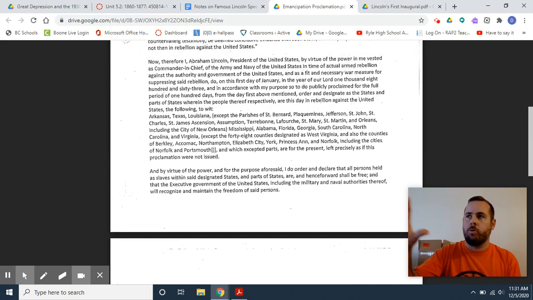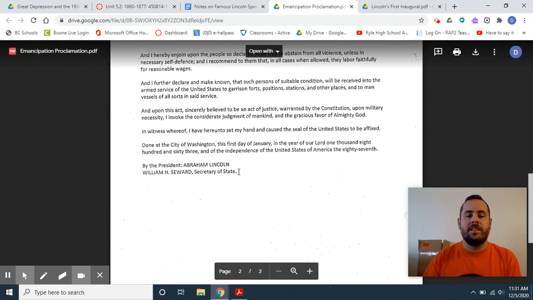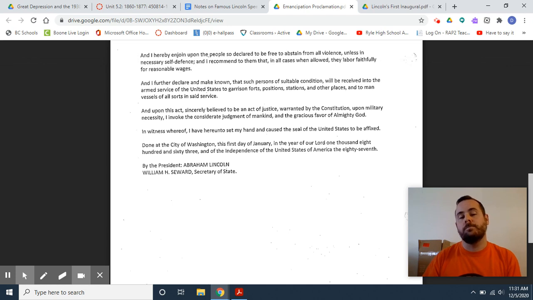For all of the foreign observers of our war that may think, hey, it is just a political struggle about secession and states' rights, Lincoln is saying no, and Seward, his Secretary of State, is saying this is about the moral issue of slavery. And it's essentially telling Great Britain and France, don't get involved. If Great Britain or France would recognize and aid the Confederacy, there's a very good chance the Confederacy would win the war. And in fact, the Confederacy felt that was their best hope.